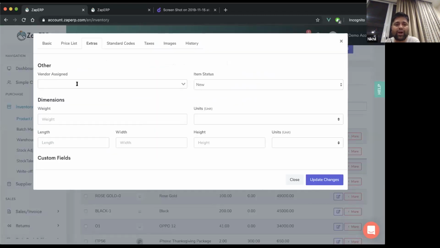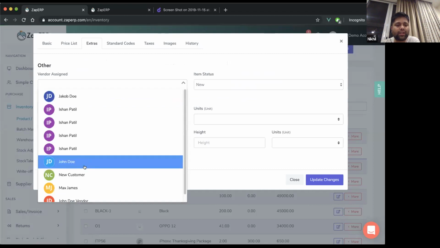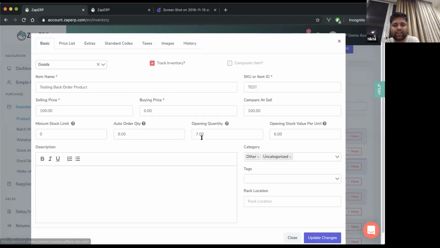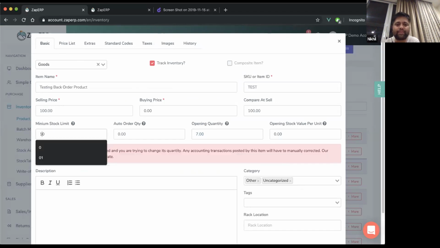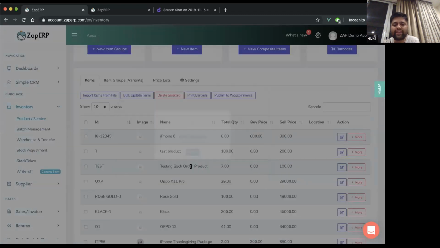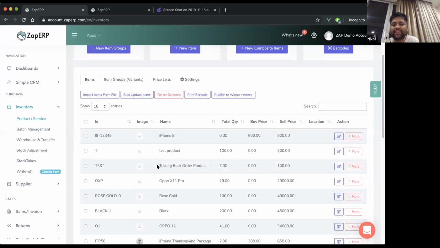So I'm going to go ahead and assign a vendor. Let's assign John Doe, and let's see what the current quantity is. The minimum stock limit is 0, so let's make it 10. And let's keep everything else 0. Okay, let's update. So now what I did is I assigned this test back order product to a vendor